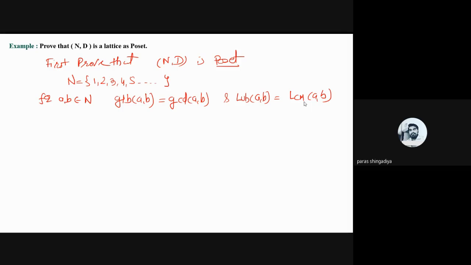So we'll use a general case here. Simple mathematics we'll use to check whether the GCD and LCM belong to N or not. Okay, if they are inside N, then there is no need to check whether it is true for all a, b or not; that will always be true. So here N is given, which includes the set of natural numbers, and now consider all a, b belonging to N. Any pair you make, any two numbers you use as a, b belonging to N, check their GCD.